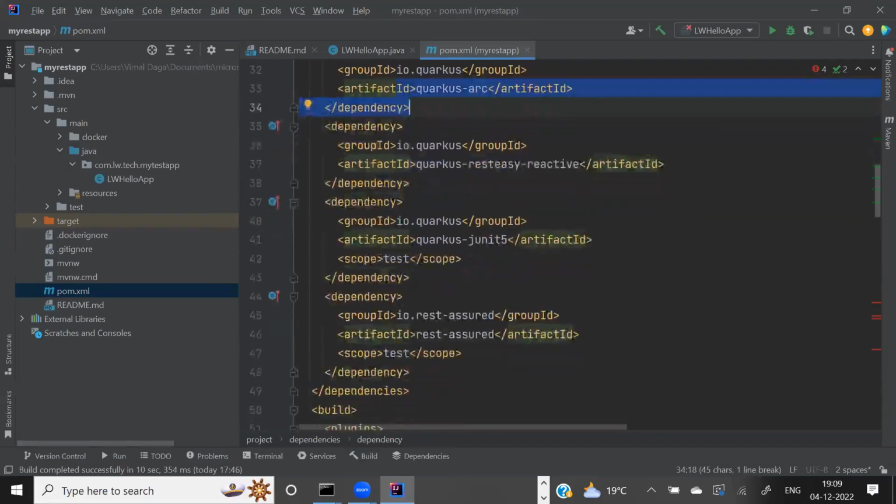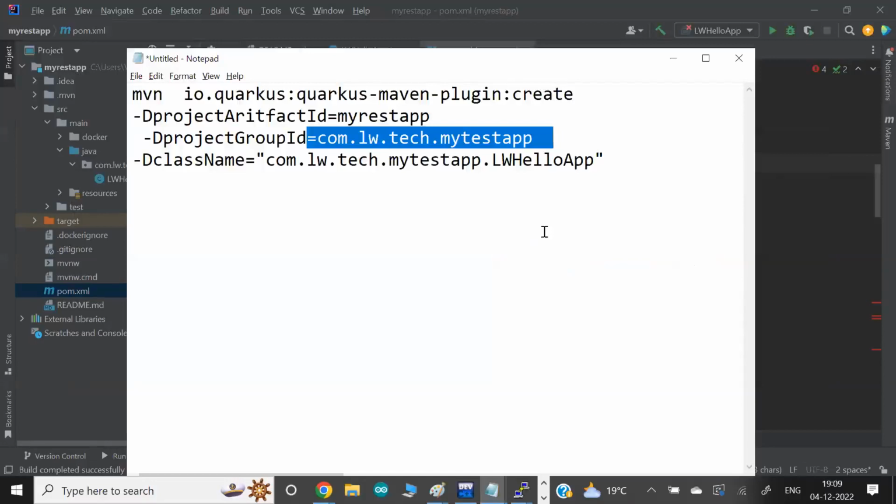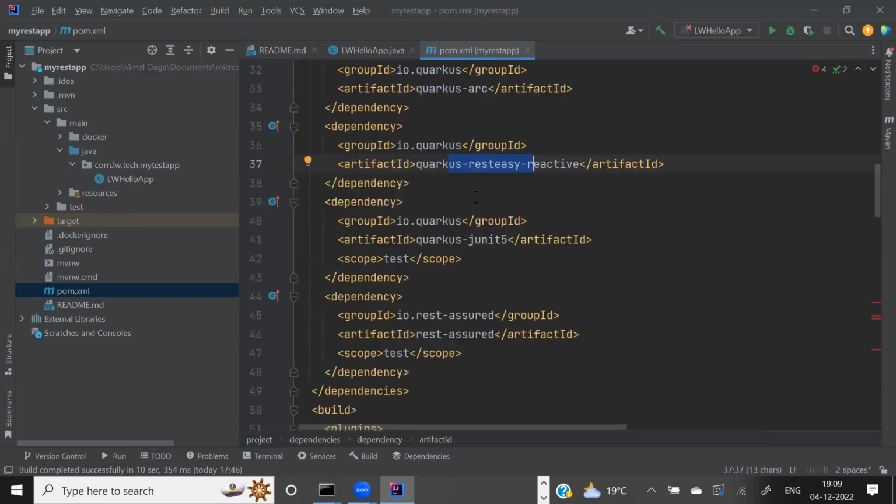One of the libraries is Quarkus REST API. So when you install the Maven project by this command, automatically all the minimum required libraries are downloaded. Why? Because they are written in this file. So all of this will be discussed in the future when we need it.